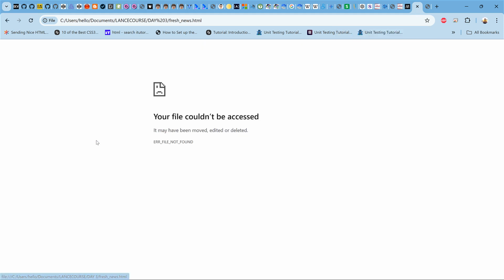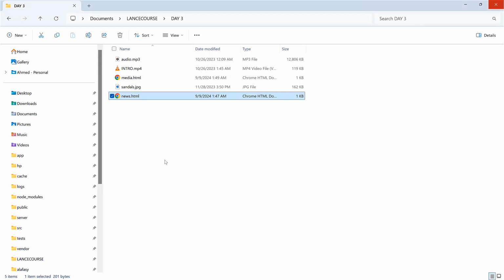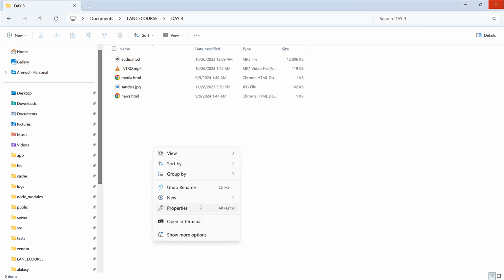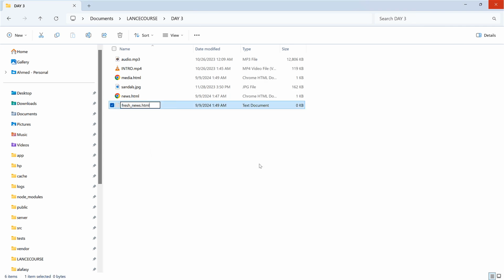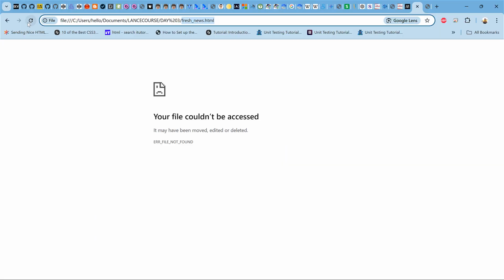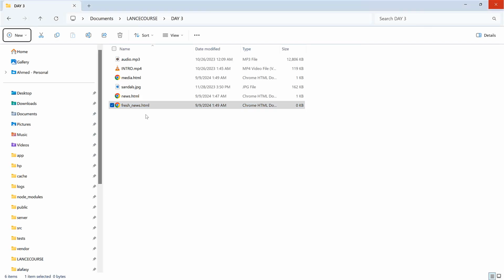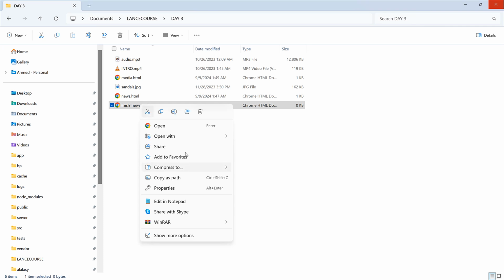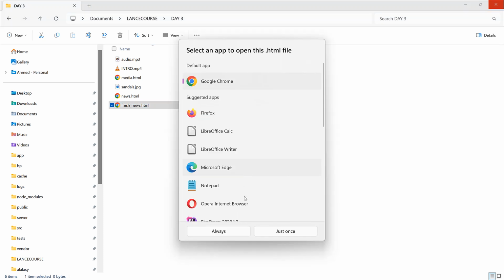If I click it, it will try to load the page called fresh news. So I might need to go and create that page somewhere here. I'll go back to my folder, new text, and then add this fresh news.html. Yes, approve. If I now refresh the page, I should see the page showing empty. So that one too, let me enter some content inside. I'll open it with my favorite text editor, Sublime Text,